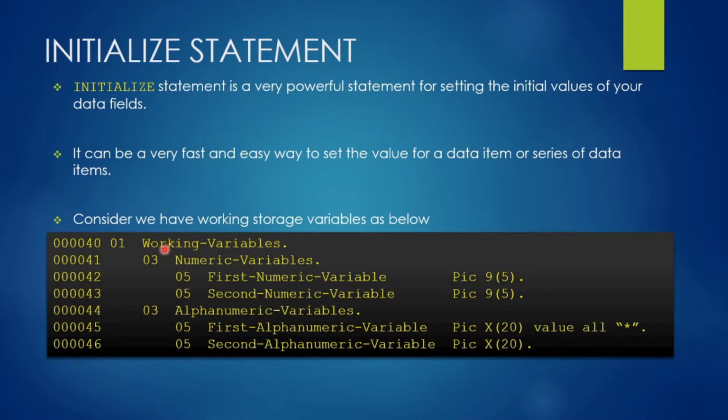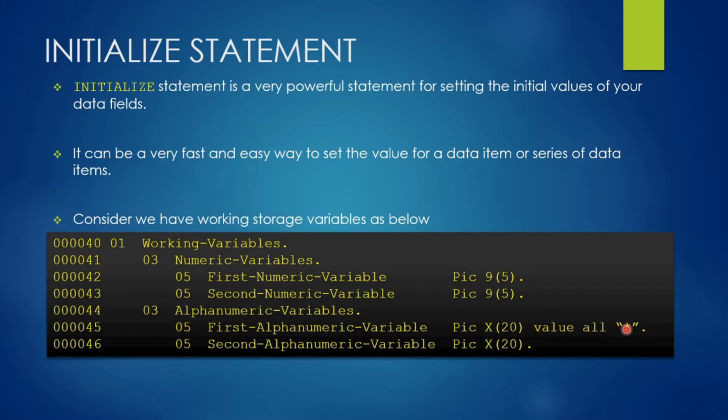This is a group data item with WORKING-VARIABLES at the top of the hierarchy with 01 level number. Under it, we have numeric variables and alphanumeric variables data items. Both are group items and they are at level 3. Under numeric variables, we have elementary data items, first numeric variable and second numeric variable. These elementary data items are defined with PIC 9(5). Likewise, in alphanumeric variables, we have two elementary data items, first alphanumeric variable and second alphanumeric variable. Both these variables are defined with PIC X(20) and first alphanumeric variable is initialized with the value of all